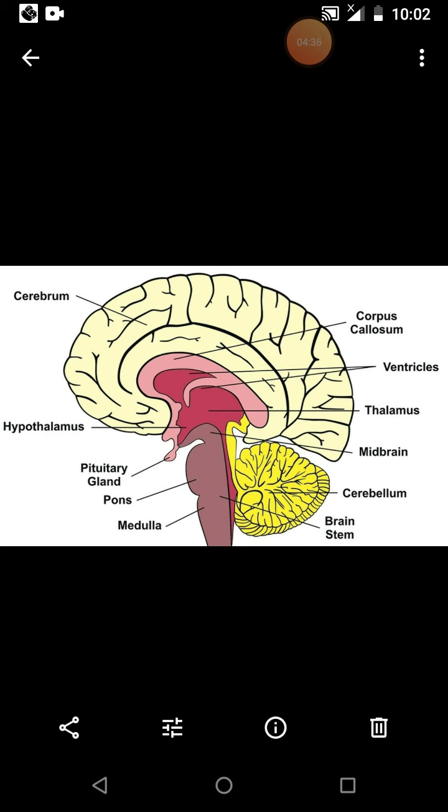Okay, you can see here the large portion that is called the cerebrum, and then you can see a small groove like structure that is called the cerebellum, and here you can see the medulla. Okay, that is termed as the medulla oblongata. These are the 3 important parts of the brain. So let me move to each of the parts.